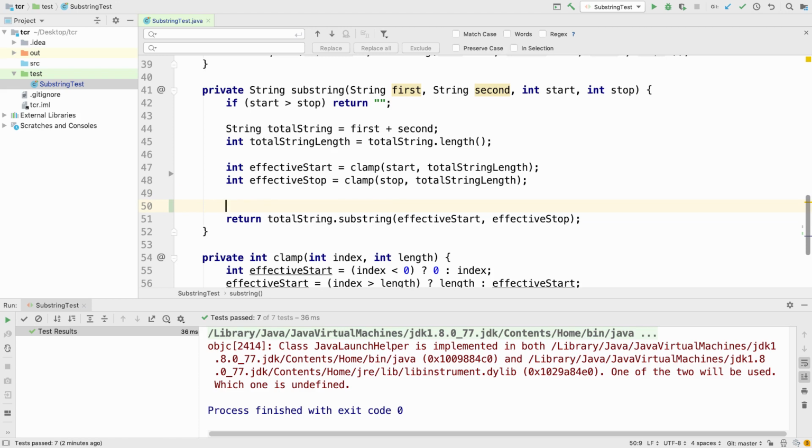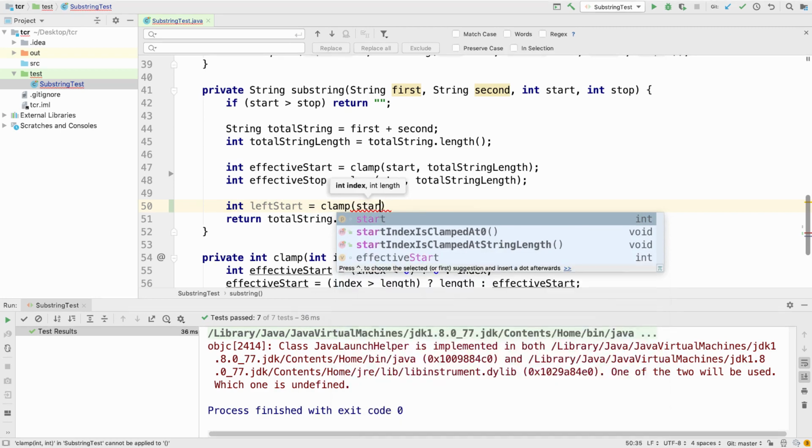The piece I want from the left, I'm going to start at the start index, but I don't want to go any bigger than the maximum of that first string, the substring. Okay, so let's talk about left start. I'm just making up a new field here, and I'm saying left start should be clamped to. We're going to clamp the start index,